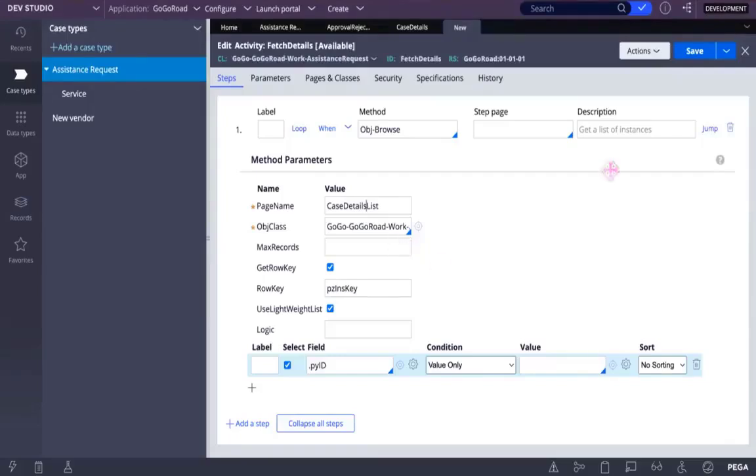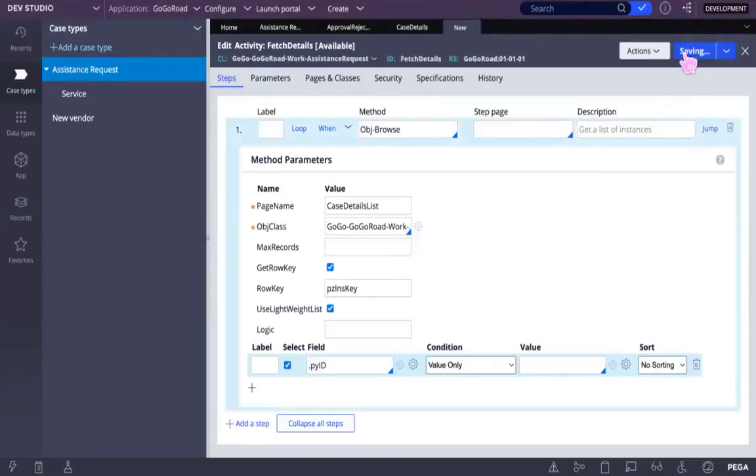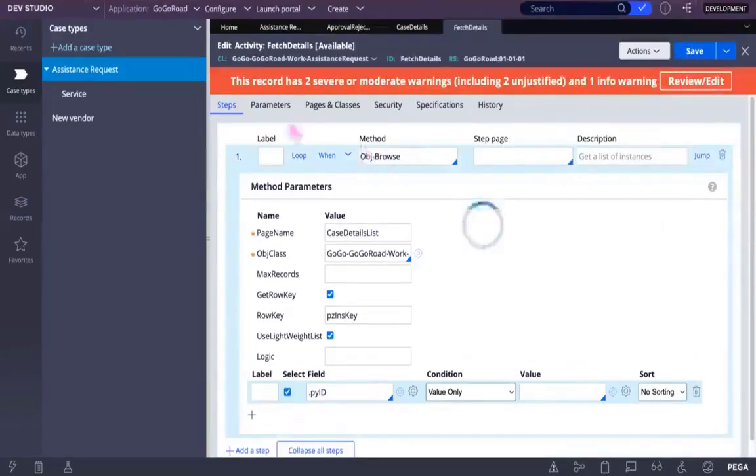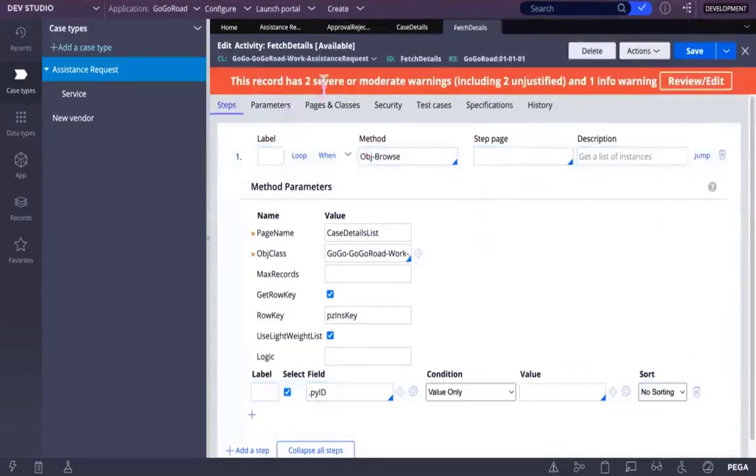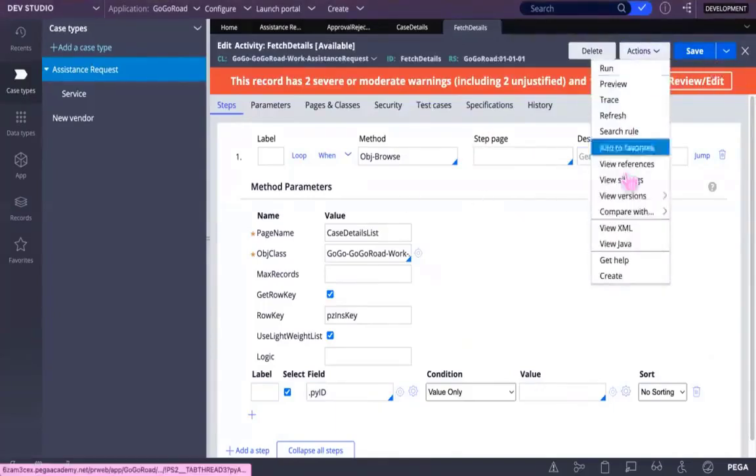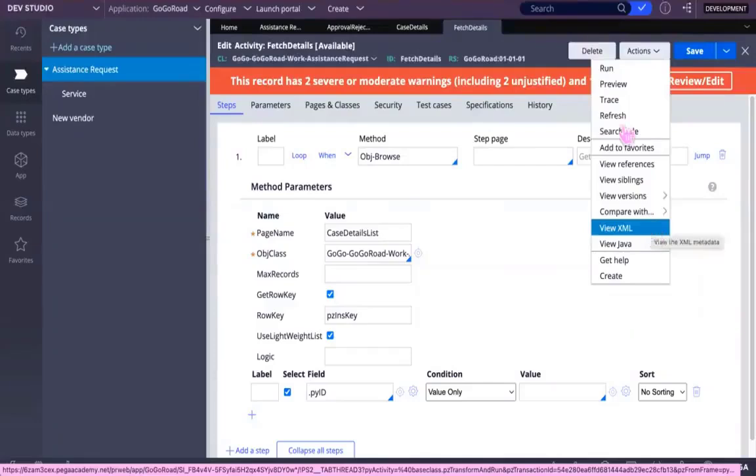Save this activity. First, let's run this activity standalone and see whether you are getting data. Click on Actions and Run. Run is the first one.